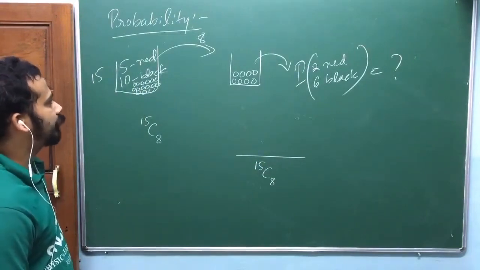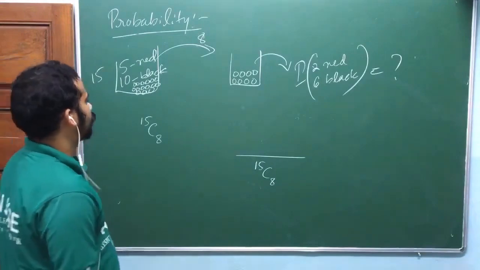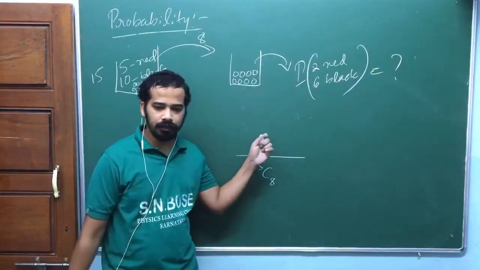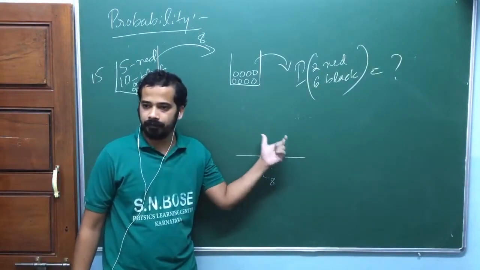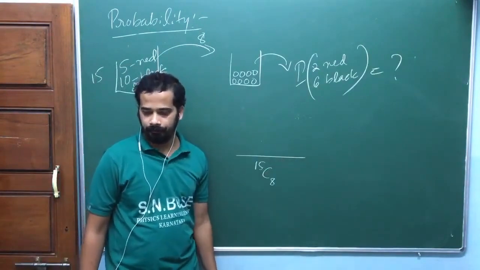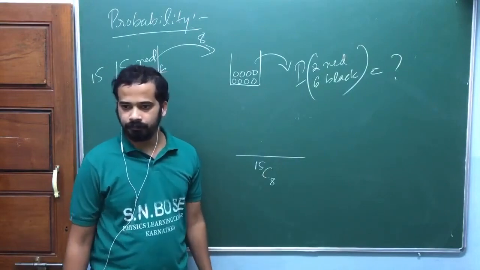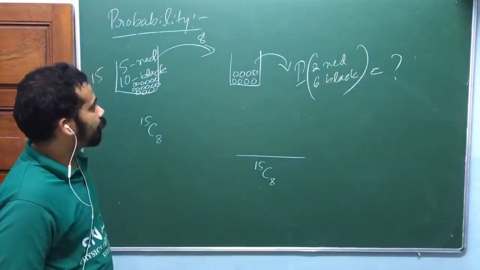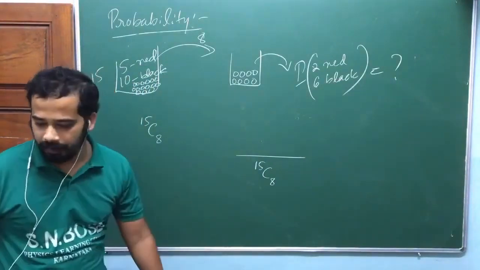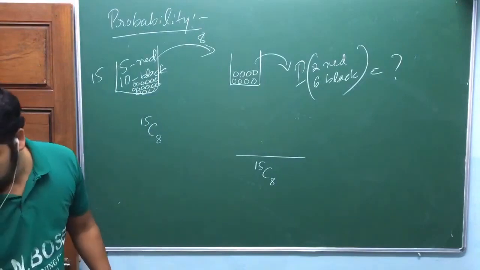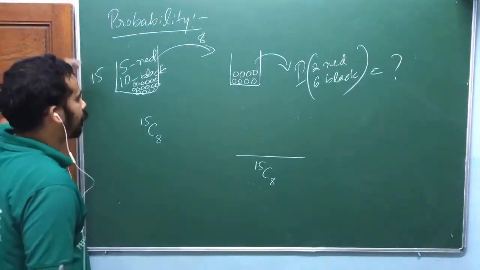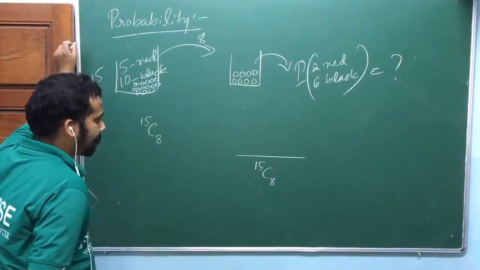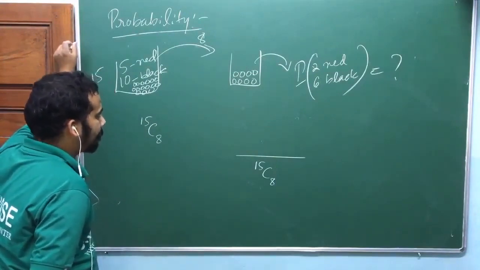What is the probability of getting 2 red out of 15 balls? Now, it's a kind of principle of counting. The numerator is a kind of principle of counting. We have 15 balls, out of them we have to collect 2 red. 15C2. Again, out of 15, what is the possible way of getting 2 red ball and 6 black ball, isn't it? Speak out. Out of 15 balls or out of 5 balls? Sir, out of 15 balls, we have to choose 2 red balls.